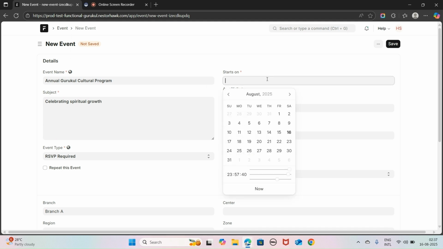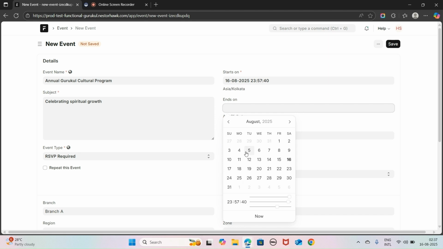Now the start on date, let's select it from today onwards, and the end on date, select 18.